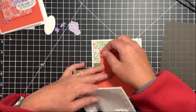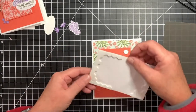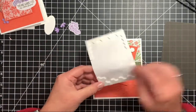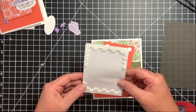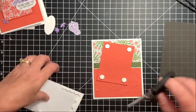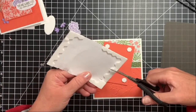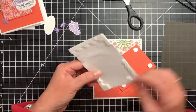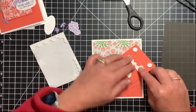These are Stampin' Dimensionals that are awesome for adding dimension to your cards. And they come in little strips or packs like this. And they have a mini size. And the cool thing about these is there's this little border piece. You can use those too. Don't let anything go to waste. So I'm just going to grab that piece, stick it there, and this piece, and give it some sturdiness in